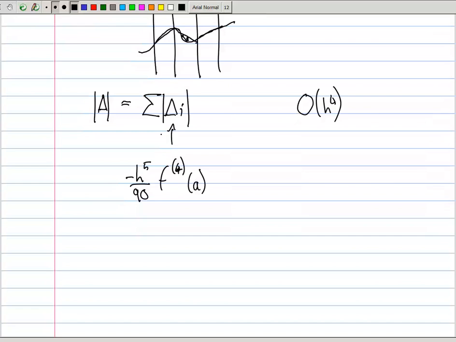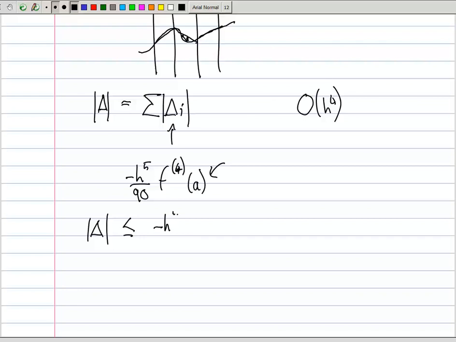Now, to simplify this, to make this easier, rather than calculating the fourth derivative of each term along there, we can state that we are able to work out the total error if we know, well, we can work out what it's going to be approximately equal to. It's going to be less than something. If we know what the maximum possible value of that is, then we can just multiply it by our term